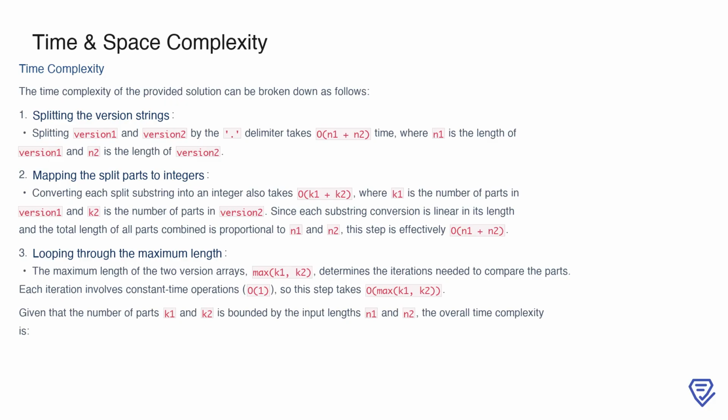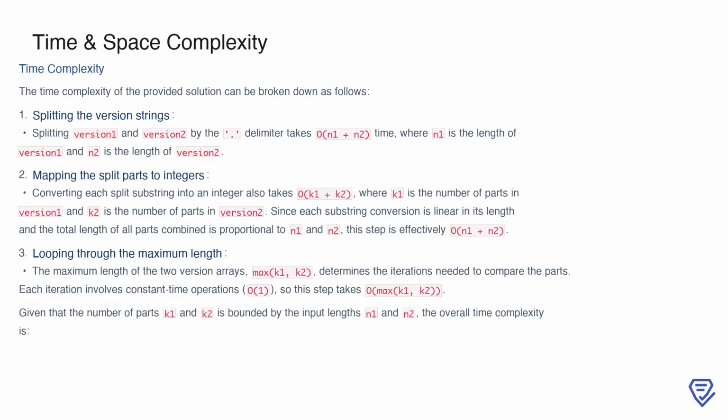Finally, we compare the parts of the two versions in a loop that iterates up to the maximum number of parts between the two arrays, which is max(k1, k2). Since each iteration involves a constant amount of work, this step takes O(max(k1, k2)). Combining these, the overall time complexity is dominated by the splitting and mapping steps, leading to a final time complexity